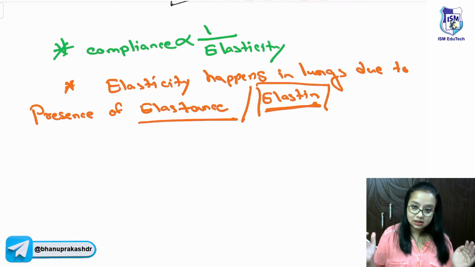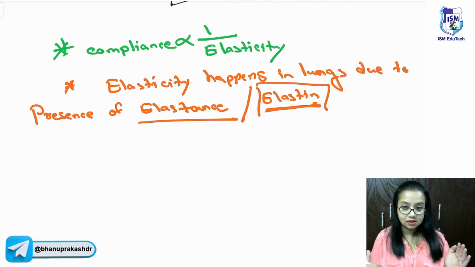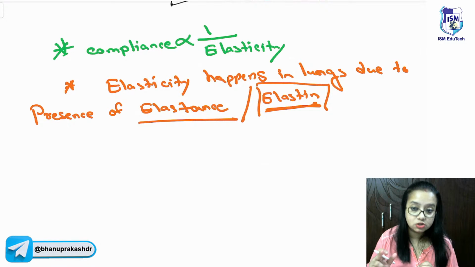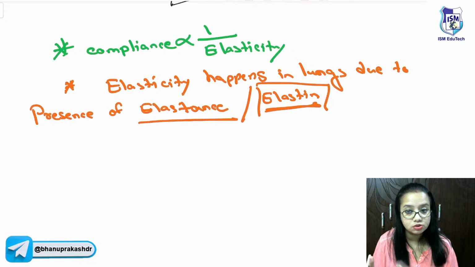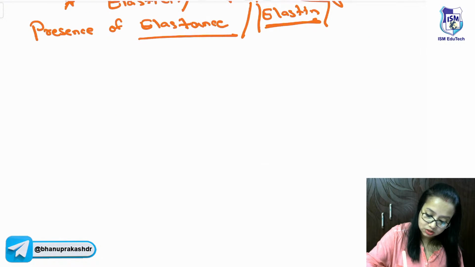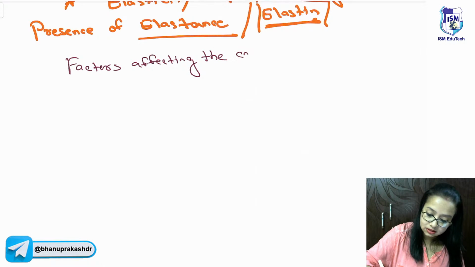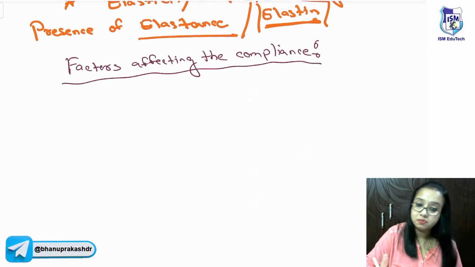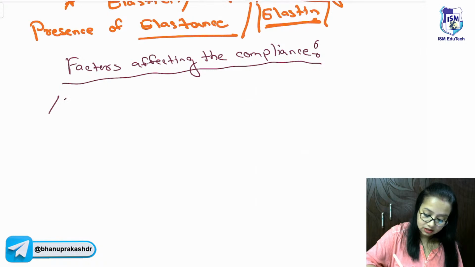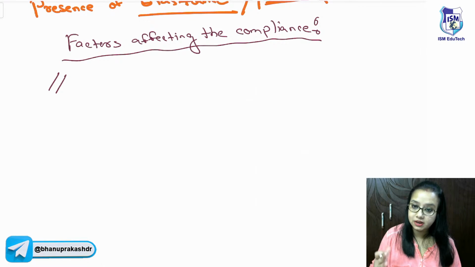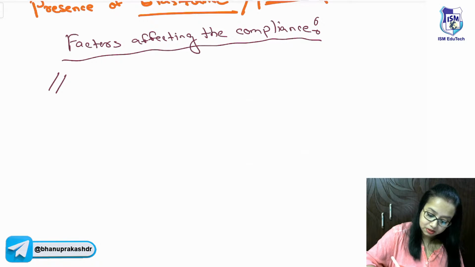So the lungs have compliance, distending when air is coming, and they also go back to normal because of the elasticity. This is a very important concept because lots of clinical conditions are related to this concept. Okay. Now coming to the factors affecting the compliance, or the stretchability. What affects the compliance are: number one,